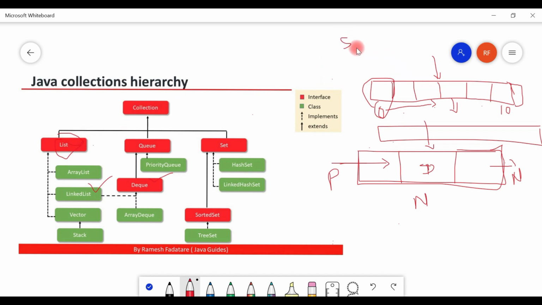ArrayList internally uses an array to store the data elements. It means ArrayList is an index based data structure backed by an array, and linked list internally uses a doubly linked list to store the data elements. Okay, this is how the structure is implemented inside ArrayList and linked list. And in case of